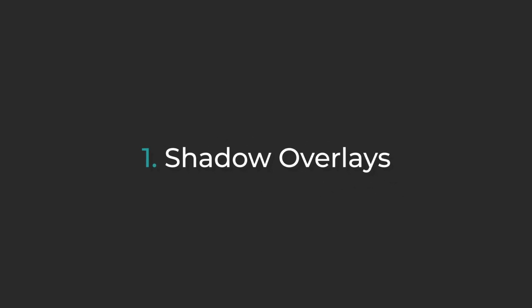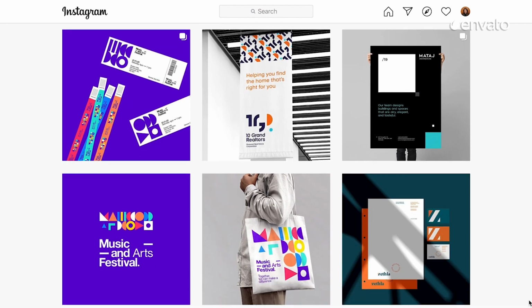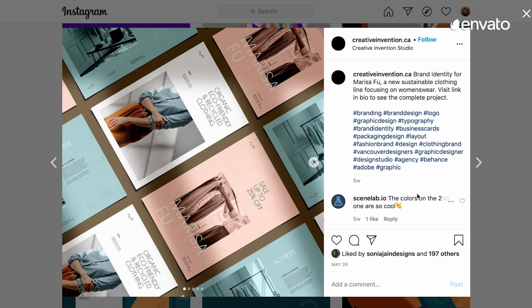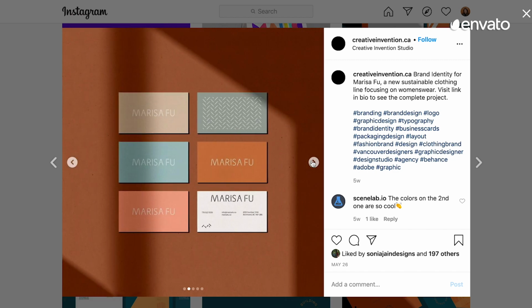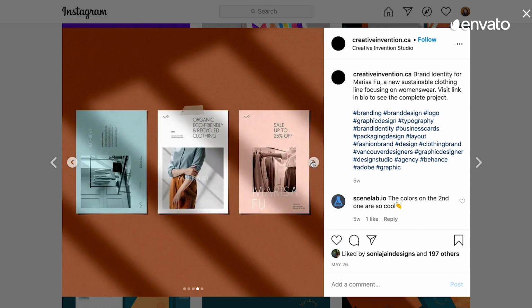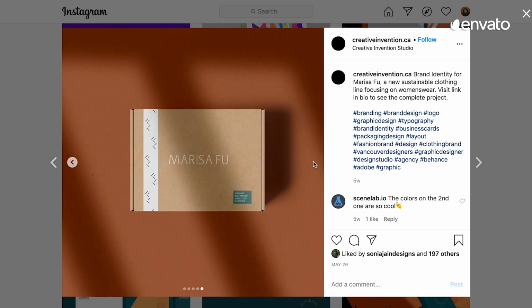Shadow overlays are very much in vogue this year, leaning on hyper-realism by mimicking the latest style of product photography. While generally more stylized for mock-ups, like you see here in this post by Creative Invention Studio, the shadow overlay trend tips its hat to the relaxed, lo-fi photography style showcased by many Instagram influencers, particularly in the realm of skincare and beauty. The shadows instantly add depth to flat lay compositions to create a natural look, which appeals to the modern viewer's thirst for authenticity.